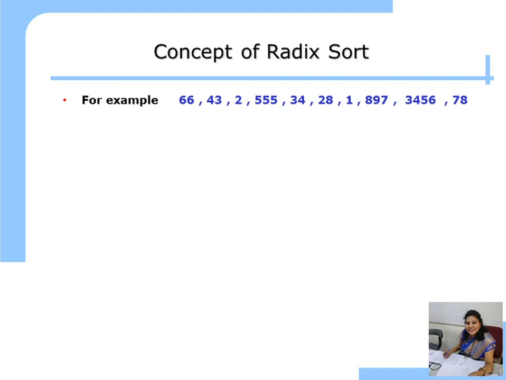So let us understand the concept of radix sort. The real-time example of radix sort is your mobile phone. You can see the contact list of your mobile phone. Whenever you press A in your contacts, you can see all the contacts starting with A, and all the contacts of A are also again in alphabetic order.